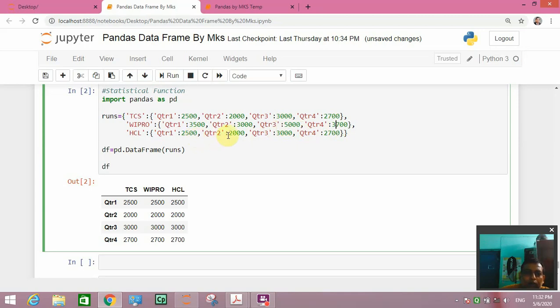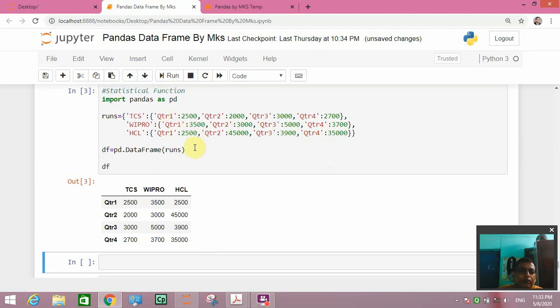Here you do 45,000, 39, 35,000. Okay, now we'll again compile it, run it. So here it is coming like this. Now we have different values in different columns.